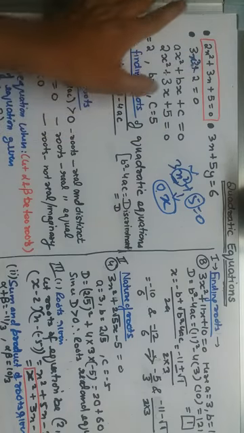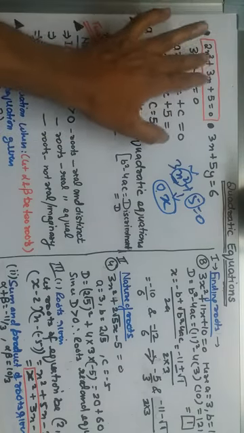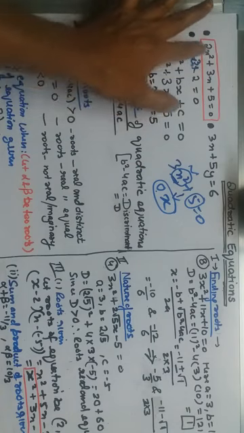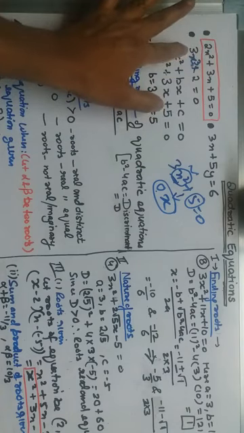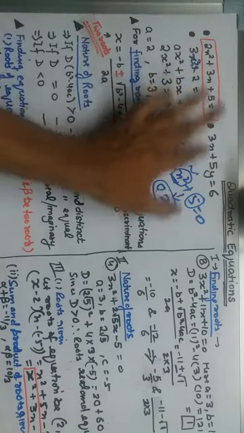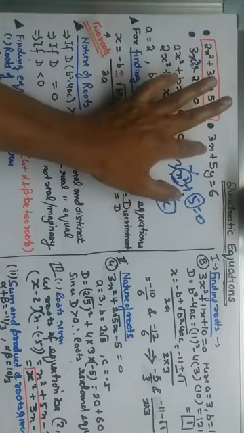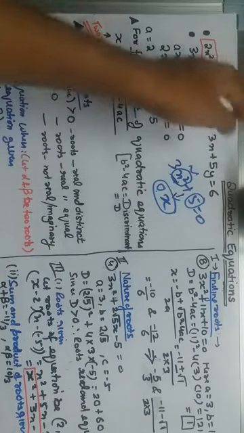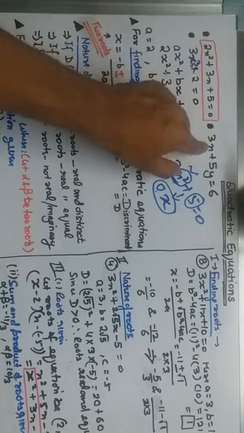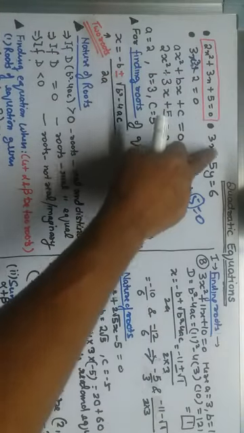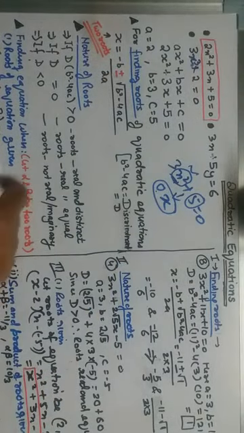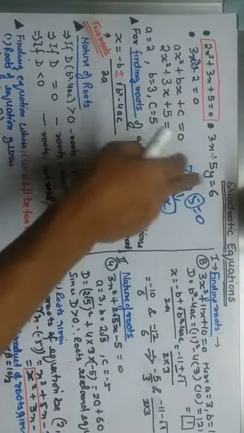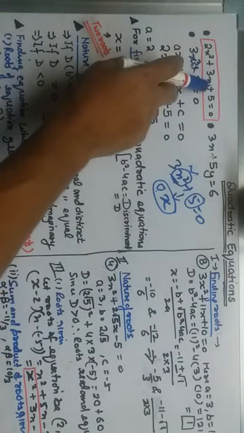So what is the difference? One has x square, x, and a constant. The second has no x square, but x cube and a constant. This has no value of x with a greater degree. Greater degree means a higher power of x; here x has a single power, y has a single power. So among these, which one is the quadratic equation? This one is the quadratic equation.